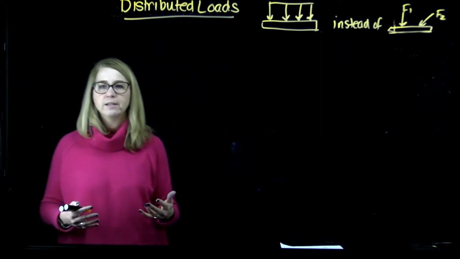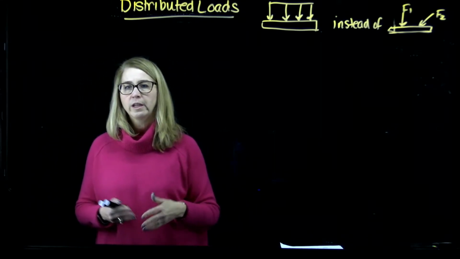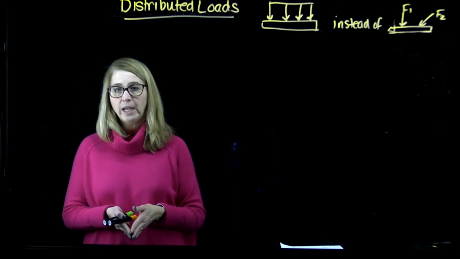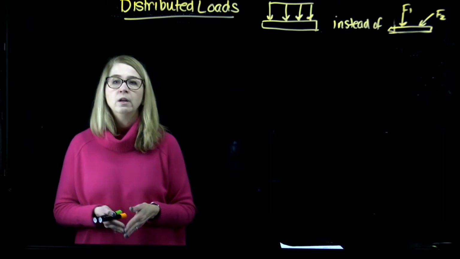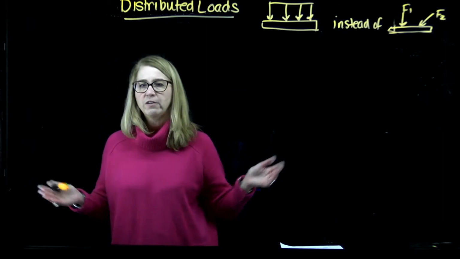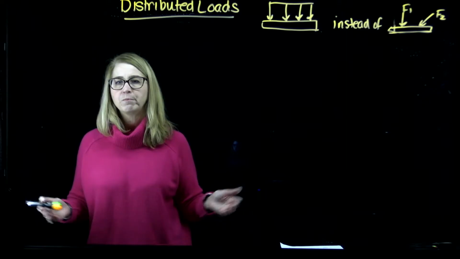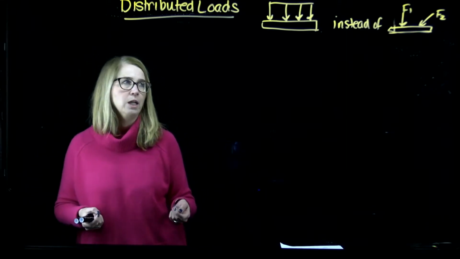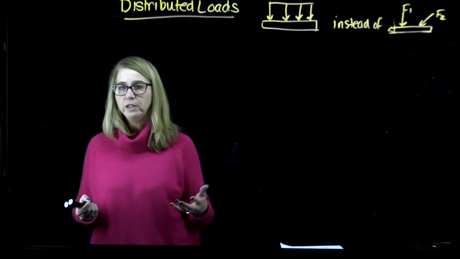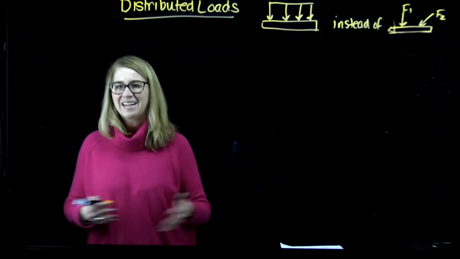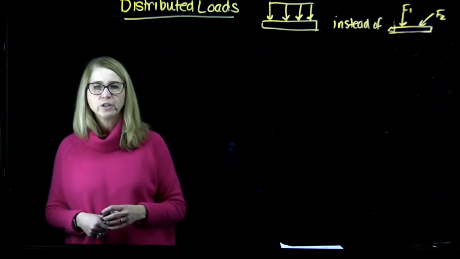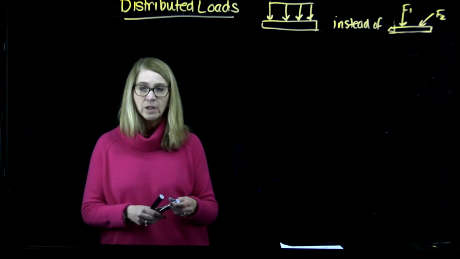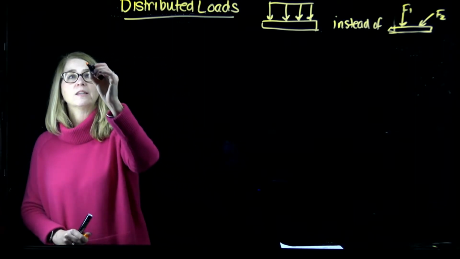The idea is that instead of a specific force, like say 20 newtons acting at a very localized location, like a point force, we have a bunch of stuff just spread out over the length of the beam. So it might be like a pallet that's loaded with bricks, or maybe a pile of wood, so that there's weight acting everywhere. And so the question is, how do I simplify this, or how do I deal with this? So when we see something like that, again,